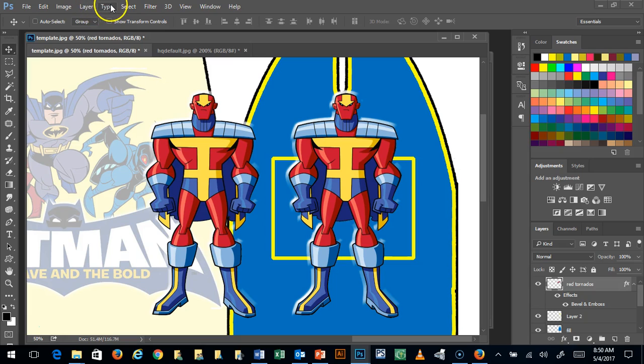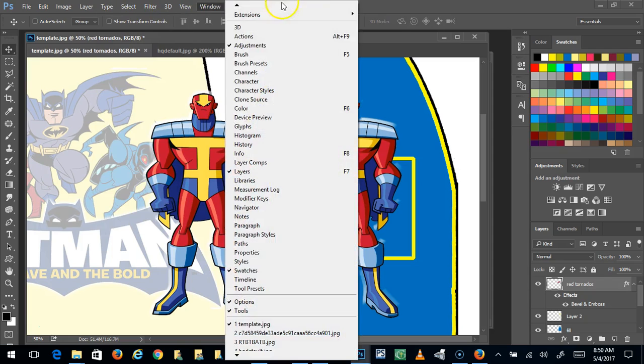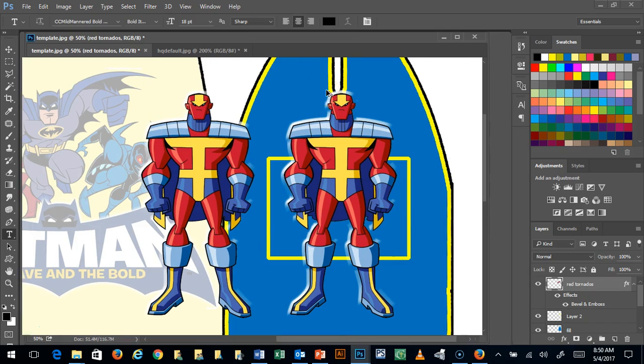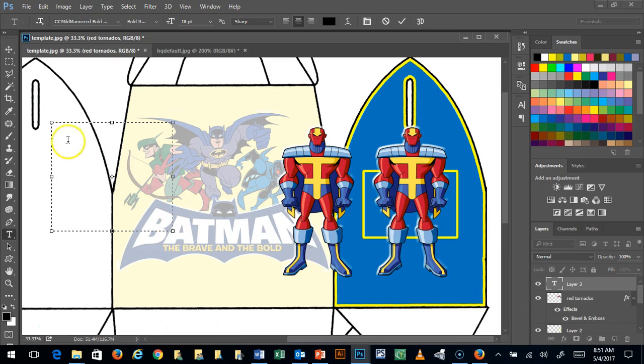Okay, so type now. Type, we went over a little bit yesterday when I showed you paths. So I don't want to spend a whole lot of time on that unless you have any questions. I'll do a quick review of it. Again, in order to access the type tools, you just click on the little T button there. And remember, there's two ways you can enter type. You can either just click on the box and start typing, but what I think is a better idea is for you to click and drag to create a text field, and then your text